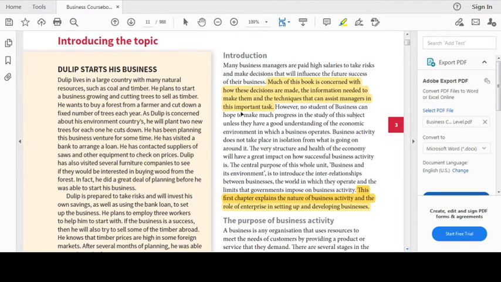What they're saying here, we already did the case study in which we discussed how Julep was starting a business and how he was keeping in mind that he needed to be concerned about the environment. For every tree he used to cut, he used to plant 2 more trees. Other than that, he was ready to take risk. That is a very important part when you are doing business.